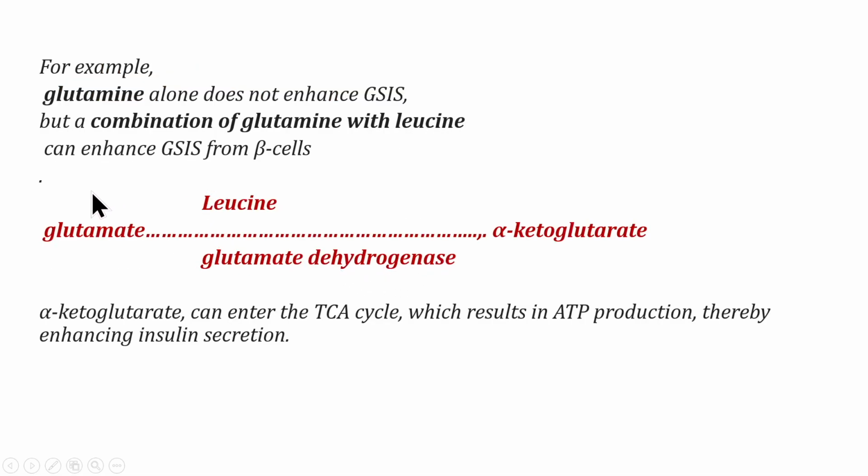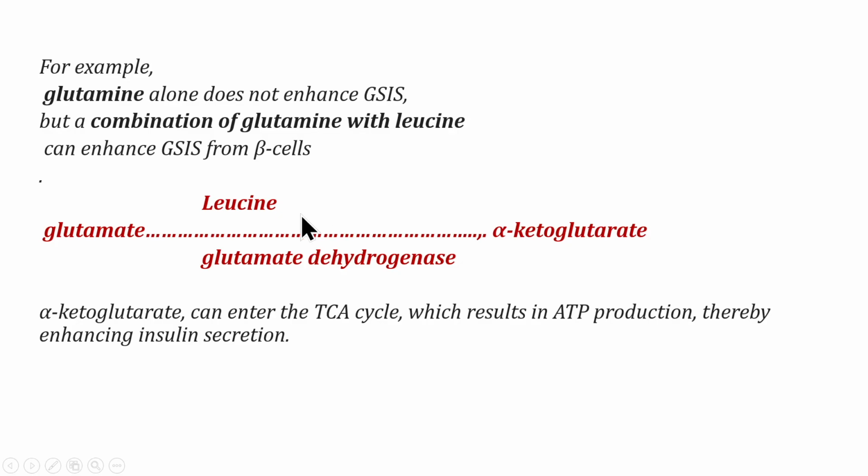For example, glutamine when present alone does not enhance glucose stimulated insulin secretion. But a combination of glutamine with another amino acid, leucine, can enhance glucose stimulated insulin secretion from the beta